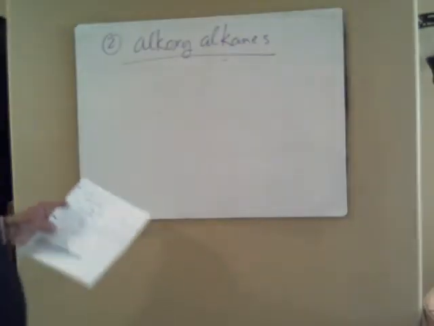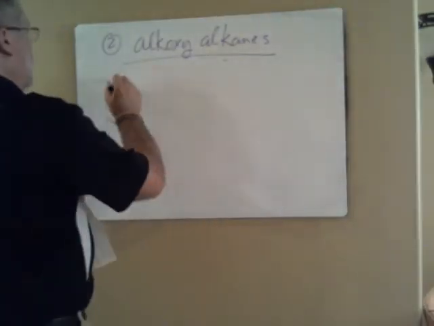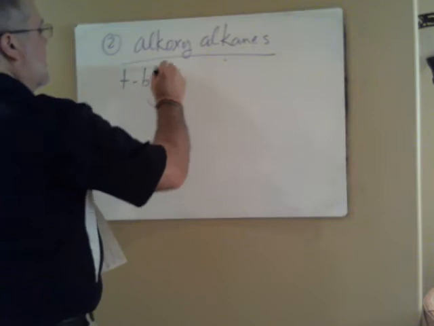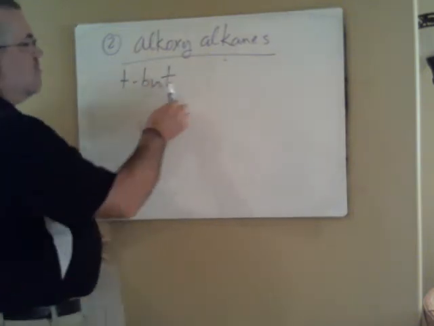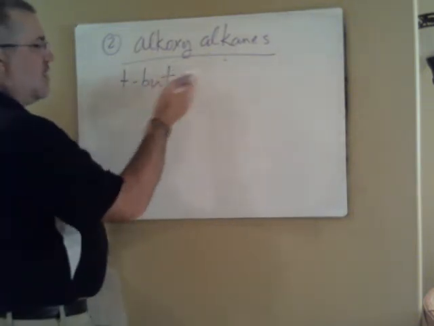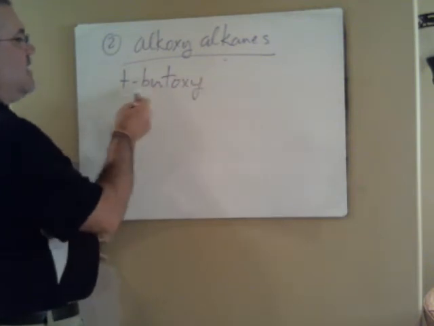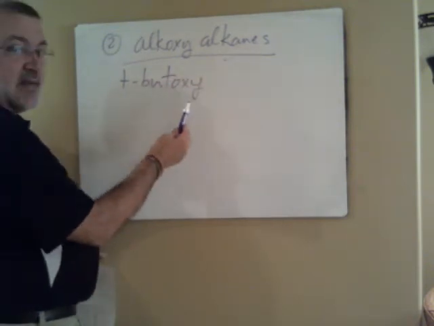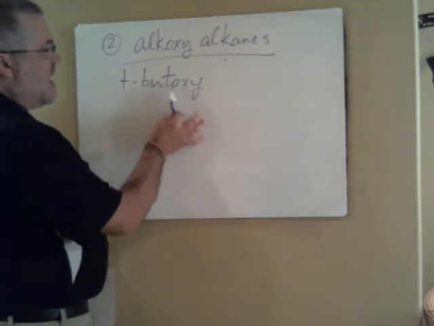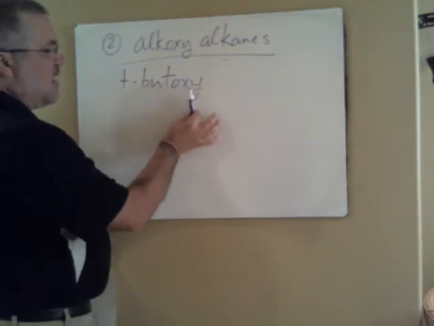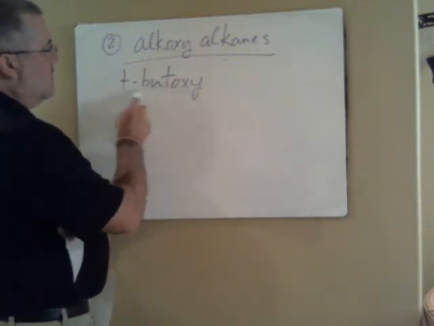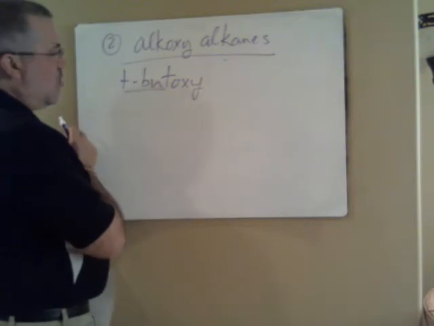So that substituent becomes T-but. Instead of butyl, or if it were an alkane, ane, I add oxy. So it's T-butoxy. And that oxy indicates that there is an oxygen that this alkyl portion is attached